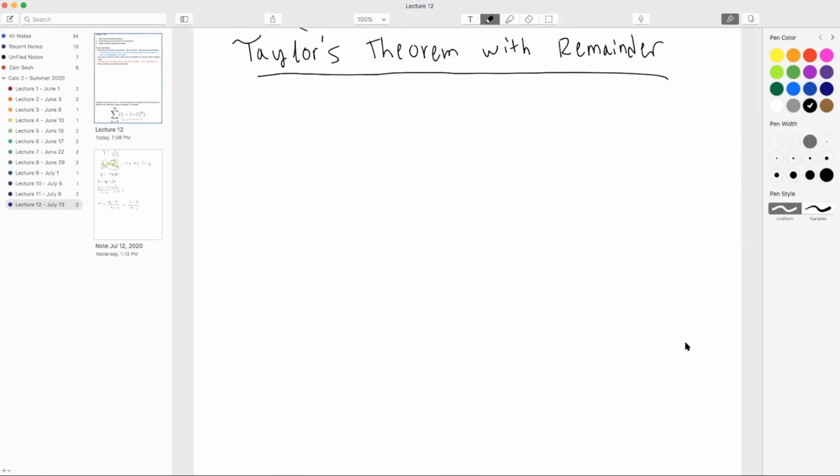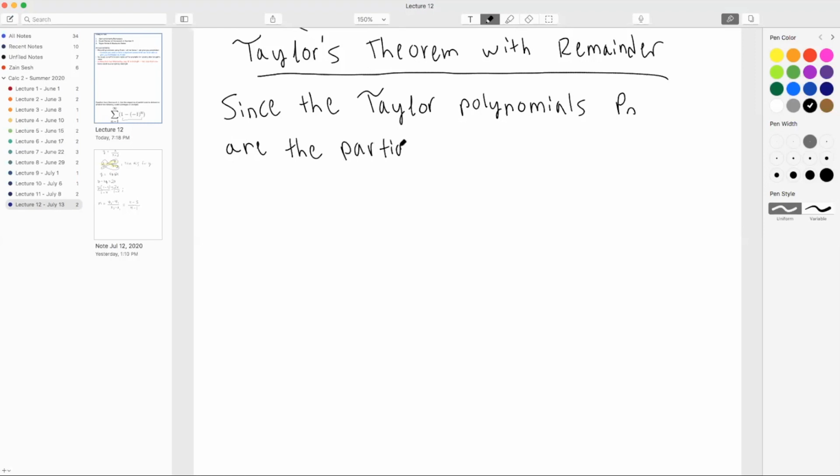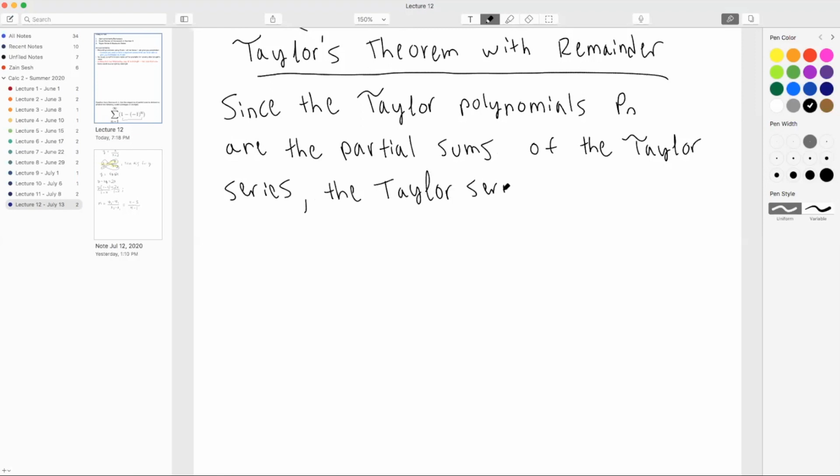All right, so basically we want to prove that the sequence of Taylor polynomials actually converges to f. Okay, we don't know that yet. We have not talked about convergence of these Taylor series. All right, so let me just write that down a little more formally. Since the Taylor polynomials p sub n are the partial sums of the Taylor series, by definition, the Taylor series converges